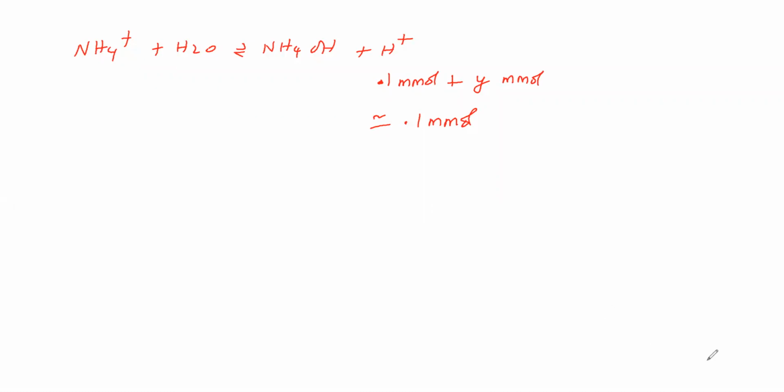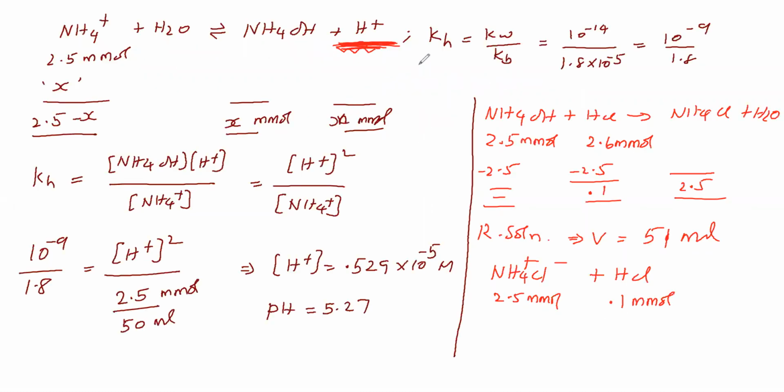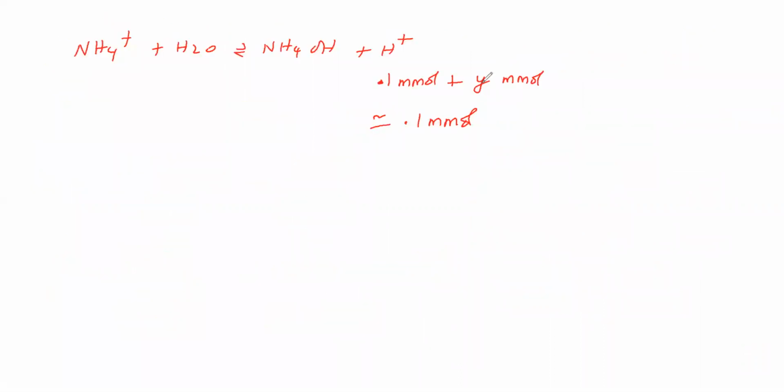Why are we neglecting ammonium ion hydrolysis? The main reason is that the hydrolysis constant is 10 power minus 9, which means the equilibrium is almost left. In addition, the remaining HCl in the resultant solution gives a common ion, and the common ion effect pushes it still more backward. Therefore we can neglect this y, the amount of H plus contributed by ammonium ion hydrolysis, as negligible with respect to 0.1.